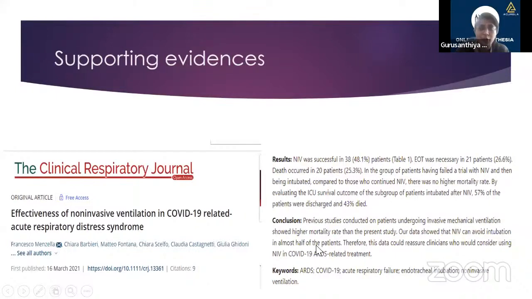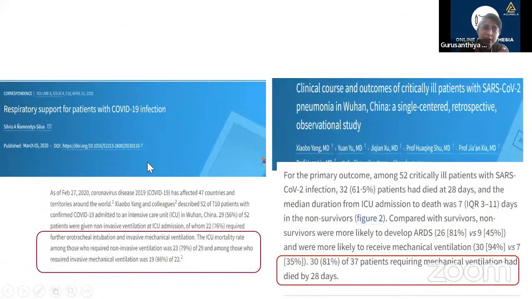So if the patient had not shown any improvement with NIV, we would have thought of switching from NIV to intubation, but our patient improved over a period of 12 hours. So we continued with NIV. These are the studies from the Lancet which prevented us from giving invasive mechanical ventilation to this patient, because the ICU